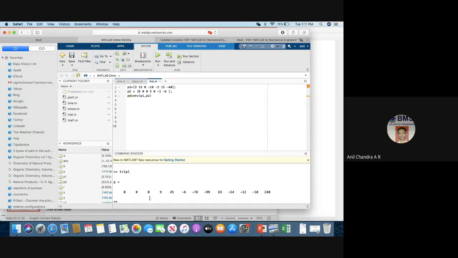You see that? It's still a ninth order polynomial, but it has no sense. If you carry out hand calculation, you will know its meaning. So please make a note that you will use the conv command to carry out multiplication of polynomials.